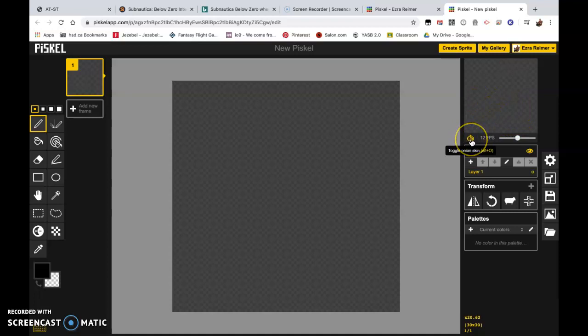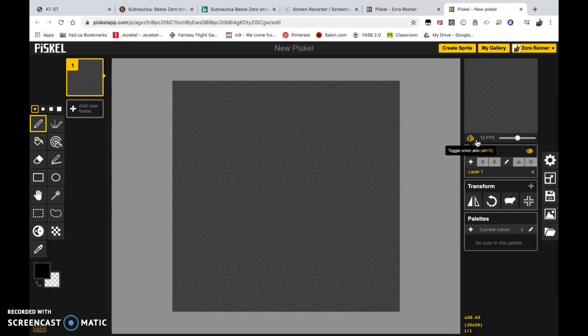One of them looks like an onion, and this actually toggles on onion skin. Now, onion skin used to be what was used in traditional hand-drawn animation. It's a term for a type of paper that's semi-translucent, so that when you're doing your drawings and you put another sheet on top, you can still see the drawing underneath. That's kind of the same function it has here in Piskel. It allows you to see the last frame of animation you had underneath